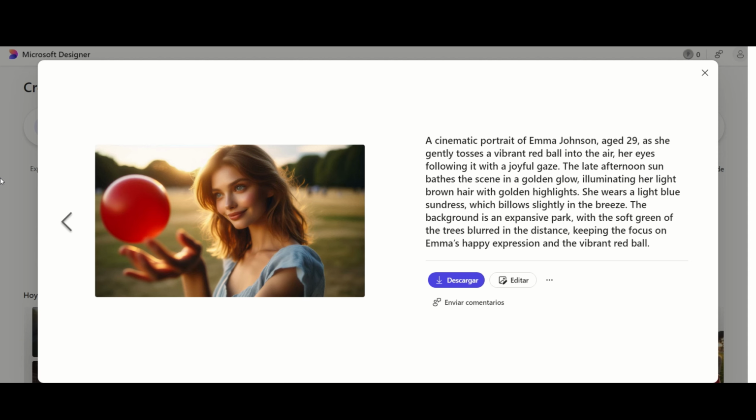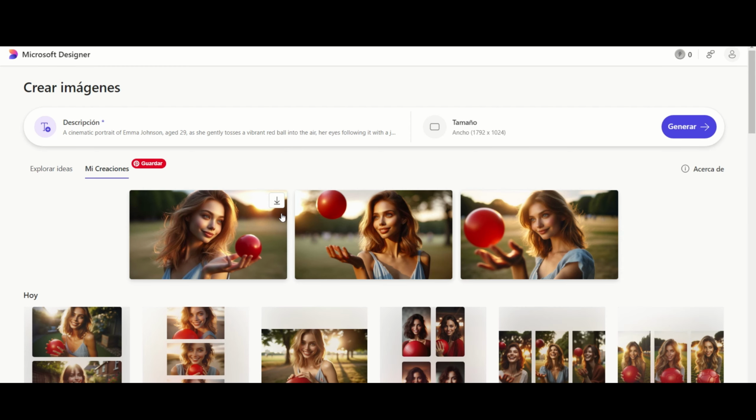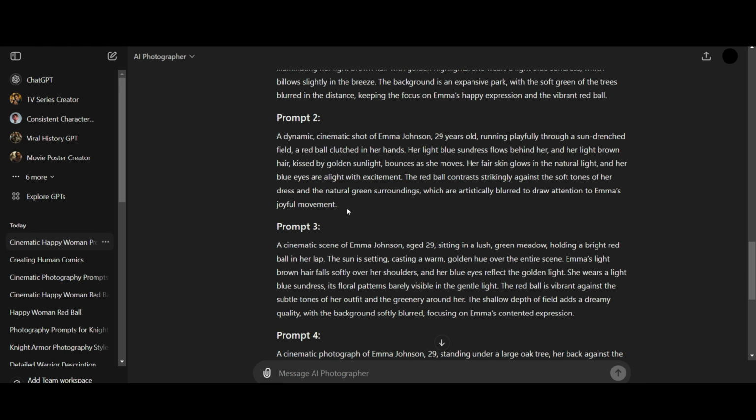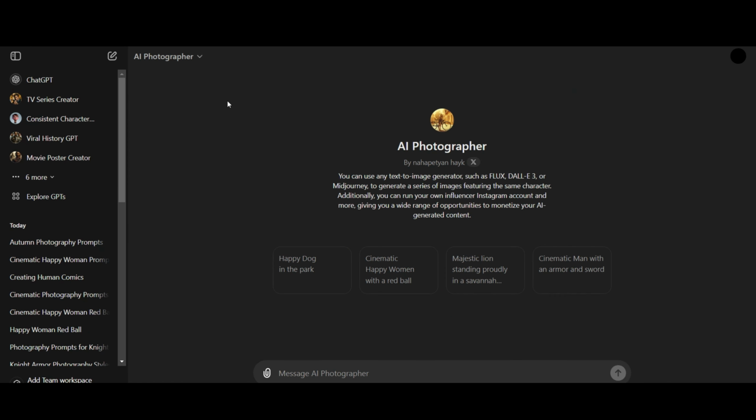Right, so Microsoft Designer is the best option in this case. It's generating all the same character. If I do it inside of ChatGPT,